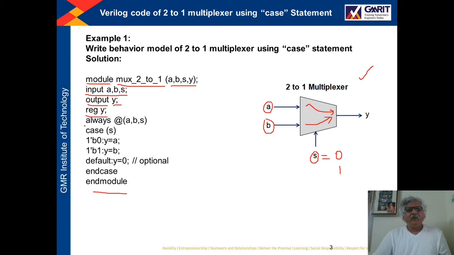Now the procedural always block is here, always @, and inside the brackets I have written A, B, S. This is the sensitivity list.